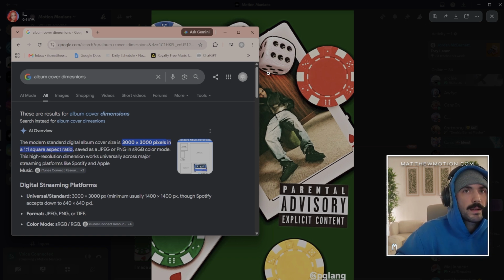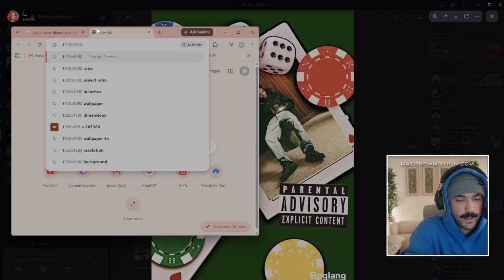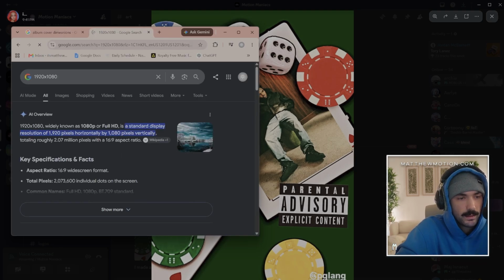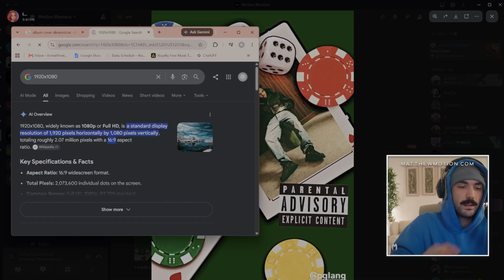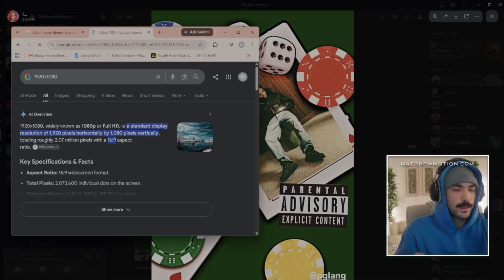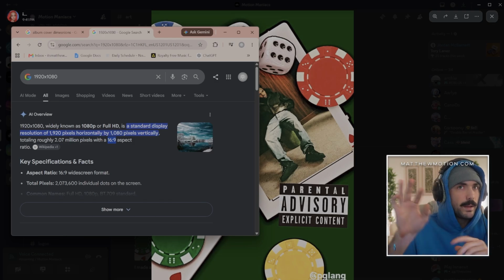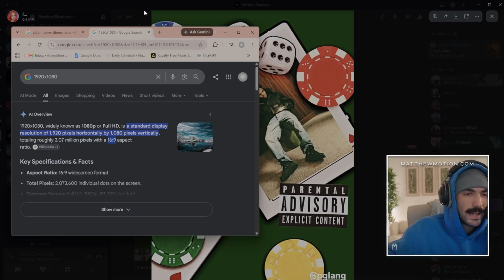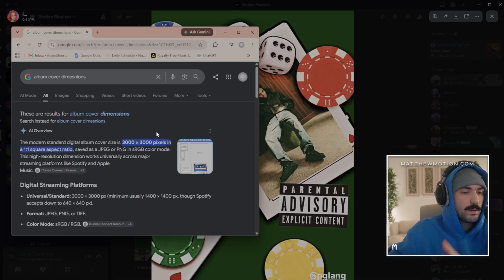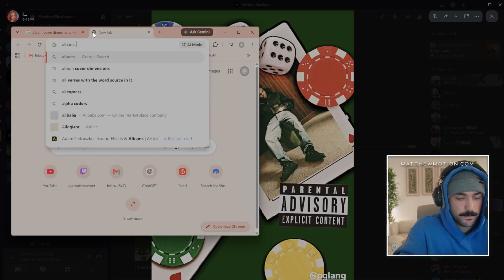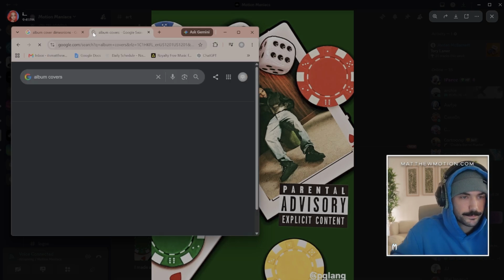Basically it's like a division problem. 16 by 9, like if I look up 1920 by 1080, that's 16:9, right? So it's 16 parts for the wide, 9 parts for the tallness, and then you multiply by that. That's a little bit more complicated than a 1:1 ratio, which is always going to be the same number twice. Like if you look up album covers here,